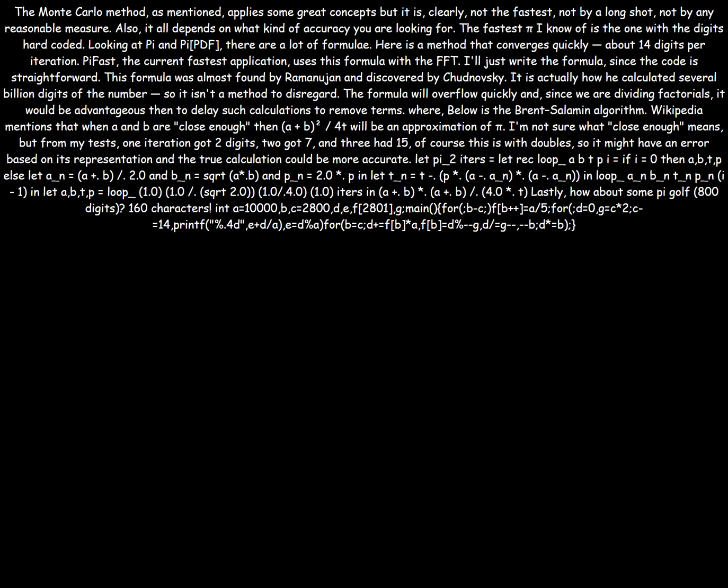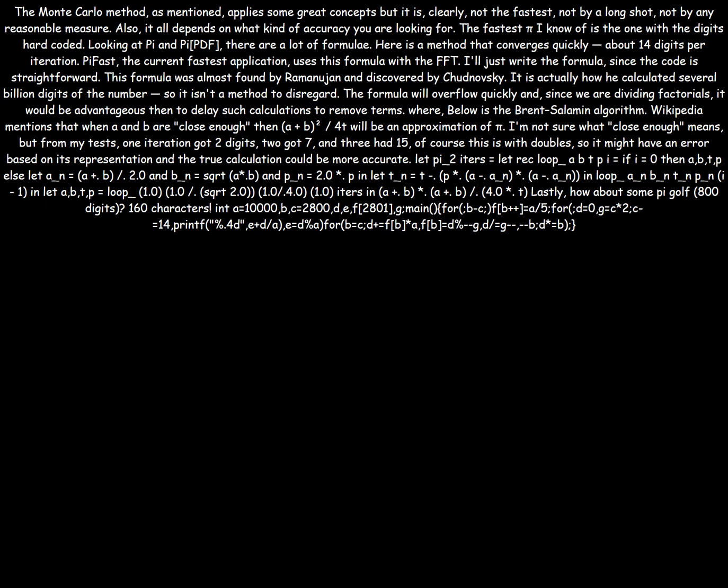in let a, b, t, p = loop_abtp 1.0 1.0 (sqrt 2.0) 0.25 1.0 iters in (a +. b) *. (a +. b) /. (4.0 *. t)